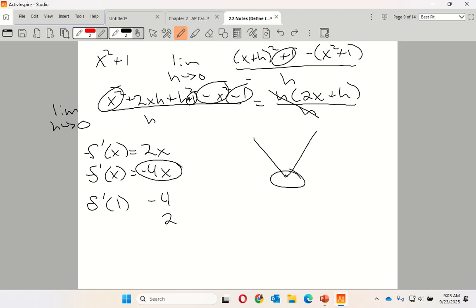When I look at this, my slopes are different. So at that point 1, I have 2 different slopes. So what this is, it's going to be a,